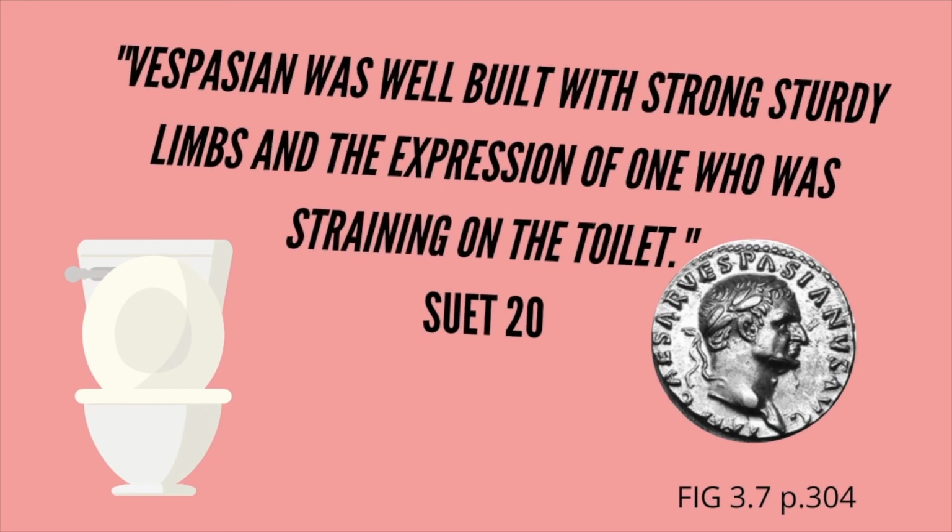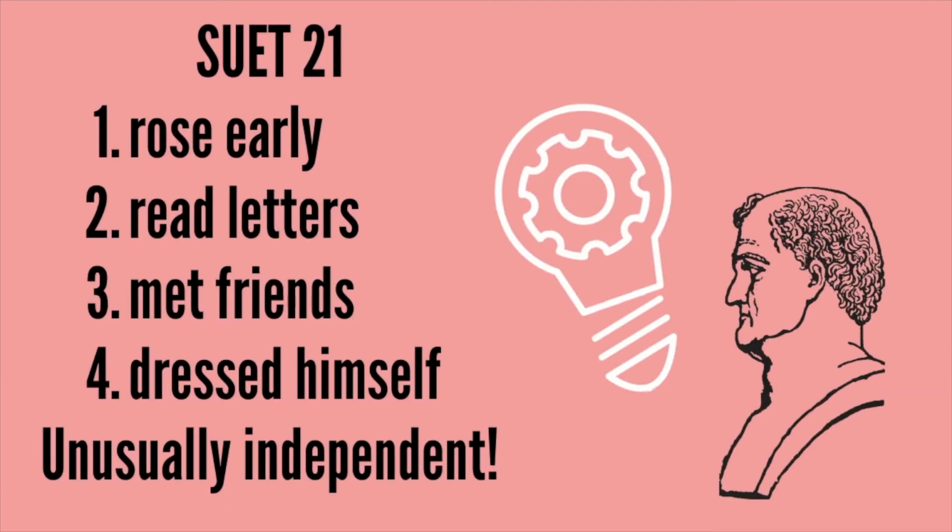The second and perhaps more important thing about Vespasian was his pragmatism. He was a very pragmatic and, by all accounts, quite humble person. In chapter 21 of Suetonius's biography of Vespasian, he tells us, this was his general manner of life. When emperor, he always rose very early, in fact, before daylight. Then, after reading his letters and the reports of all the officials, he admitted his friends, and while he was receiving their greetings, he put on his own shoes and dressed himself.